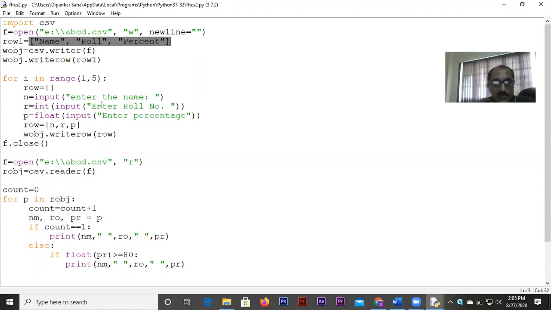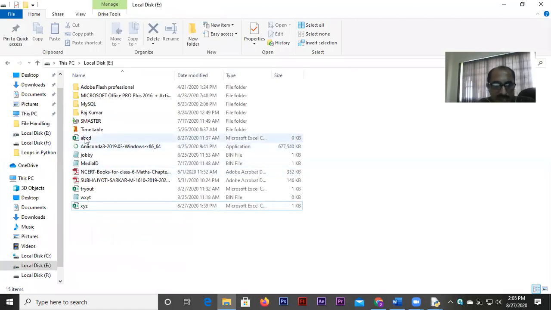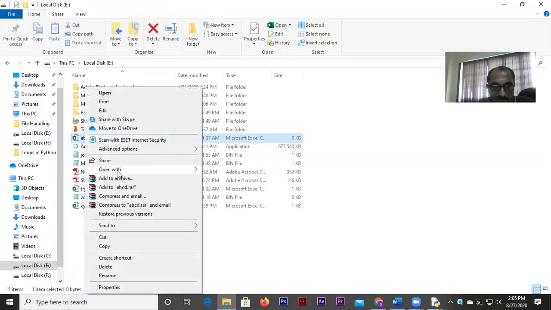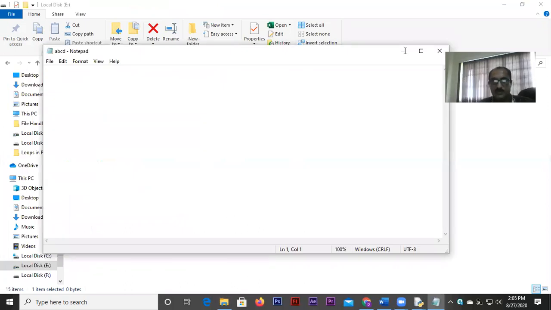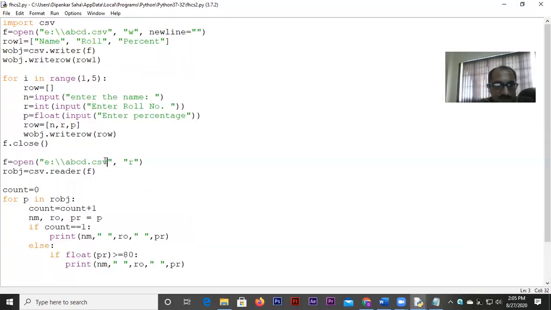Like in other rows, the roll number values will be there. If you look at the file, for example, I already have abcd, I created something, but still you can have a look at it, okay? See, oh, it's blank. I did not do anything. Fine, let me run it, then I will tell you what I mean to say. Let me run it first, then I will again come back.